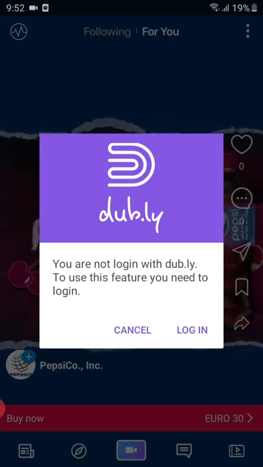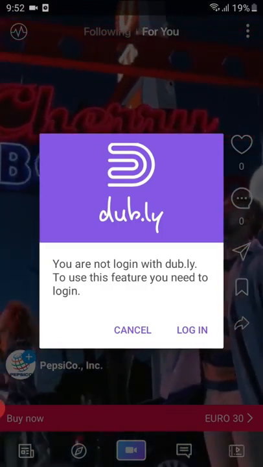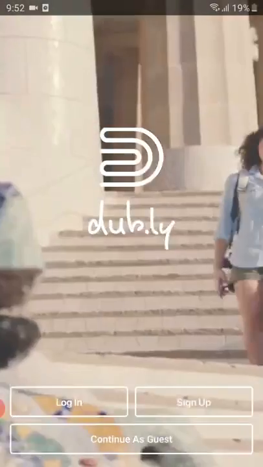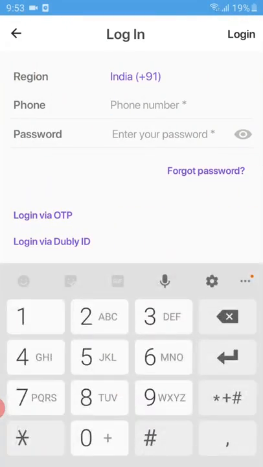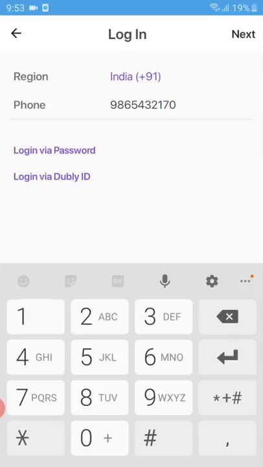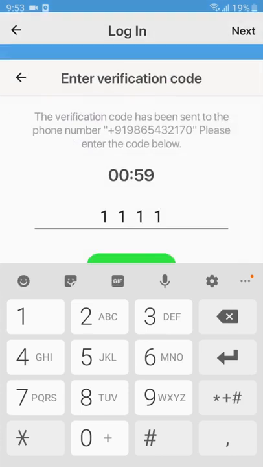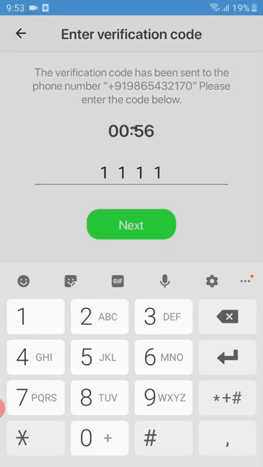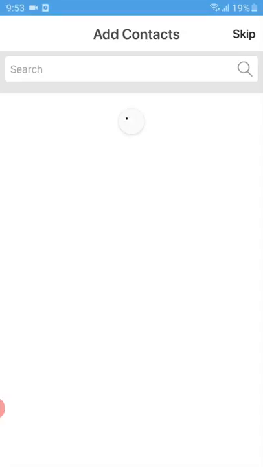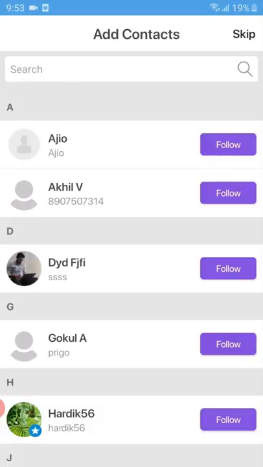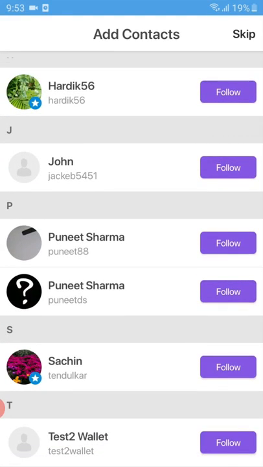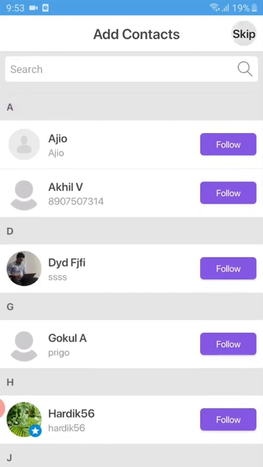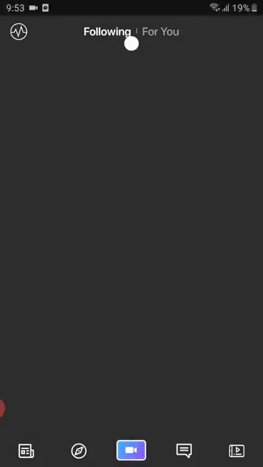Since I need to see something associated with my user account, I need to log in. I can log in really quick, get into the login page, and add my number. That is 98654321170. And let's go with login with a verification code. I put that in, and the system sends me a verification code. I get inside. Now, this is the contact sync option, where I can sync my phone's contacts to find other users on the app and choose to follow somebody if I want. Let's say I don't want to follow anybody. I skip this, and I get into the app.